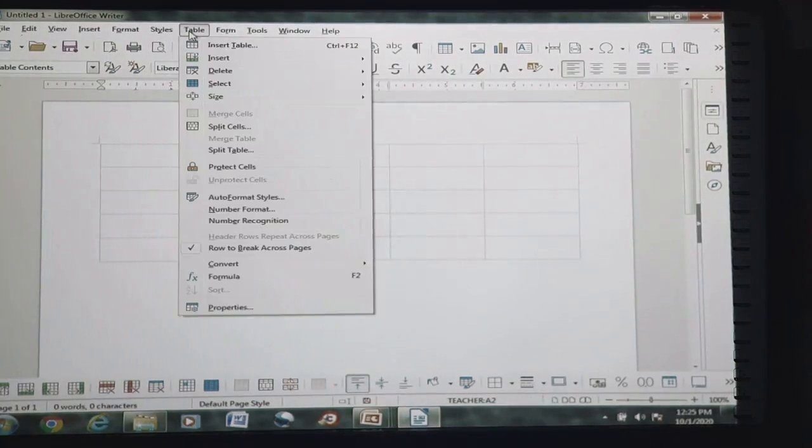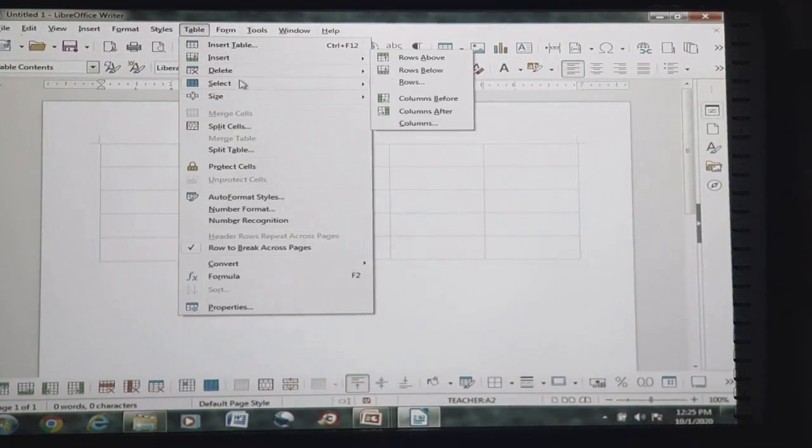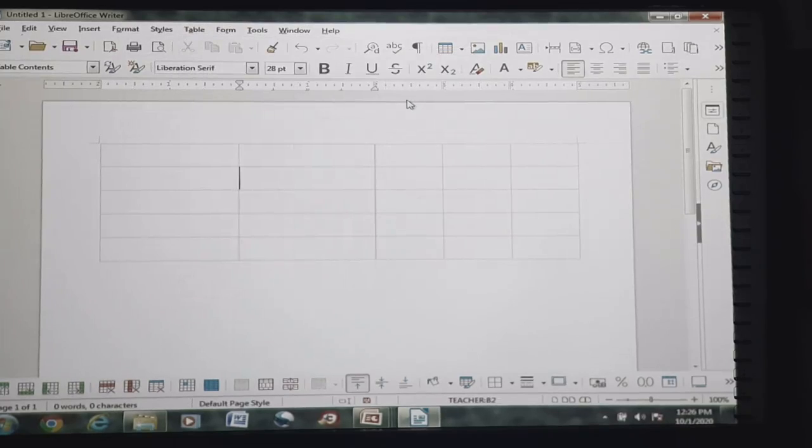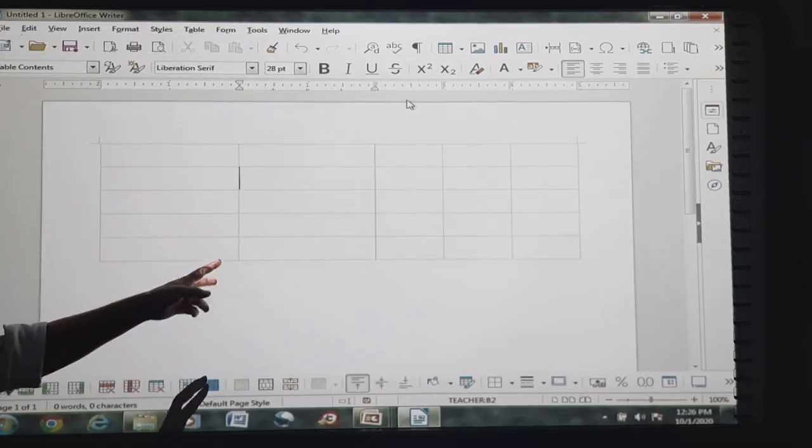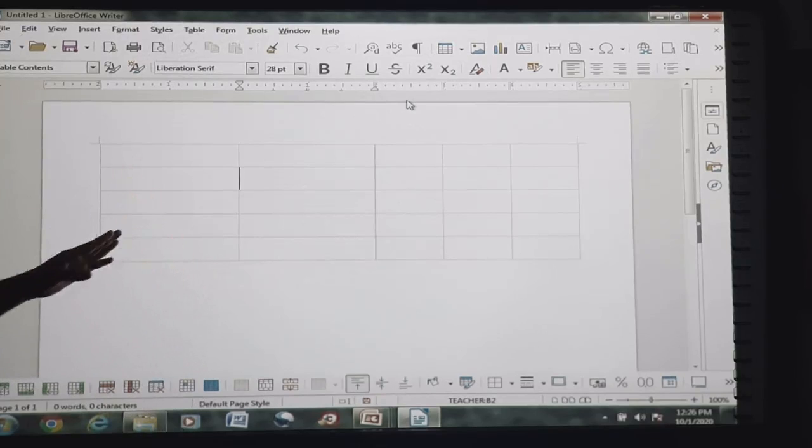Go to table, then see insert from menu. The insert from menu option will be there. Insert, then columns before or after. Before this column or after this column we need to use. Suppose before, then see, this is the first column where our cursor was placed on the second row, and before this column, one more column got appeared.